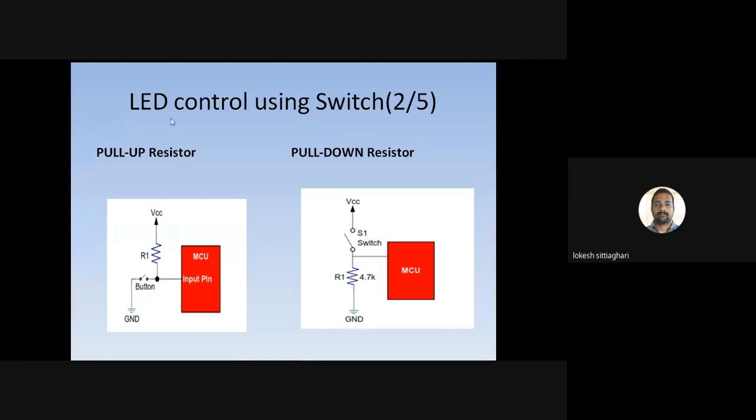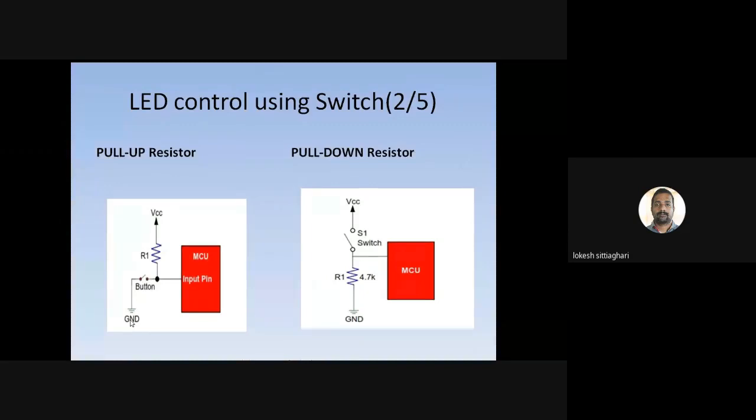To do that, we require a pull up or pull down resistor. With a pull up resistor, if the button is open, then VCC is directly connected to the microcontroller. If you press the button with the pull up resistor, it becomes 0.